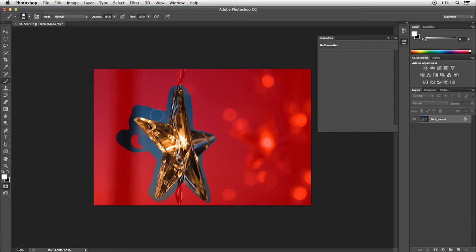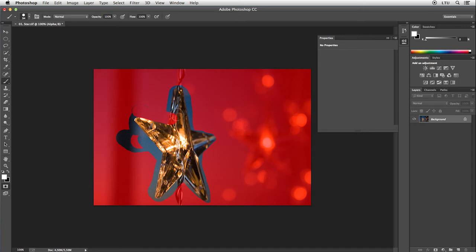I'll actually decrease the size of the brush here so it's slightly smaller. And I'll shift click my way around the star now. I'll just start by clicking once and pressing down the shift key and tracing the edge with the edge of the brush here, so it's aligned with the line I'm trying to select. And I'll hold down the shift key and click again to create a straight line here. And I purposely go too far here because I want to get to the corner here as well. So I'll just mask off more than I need, and I'll open up the mask